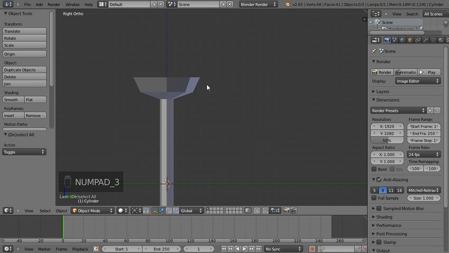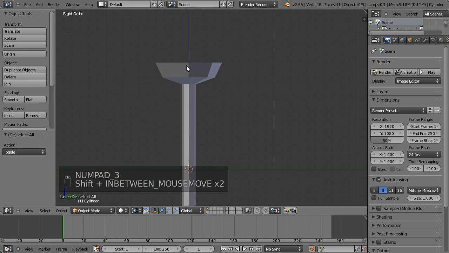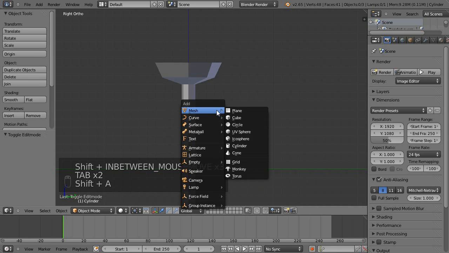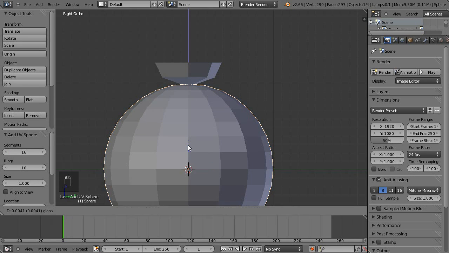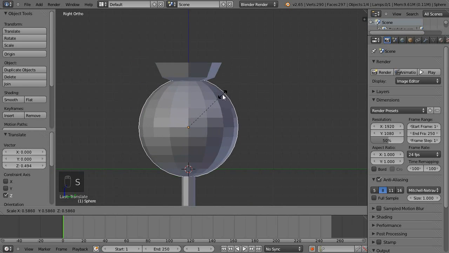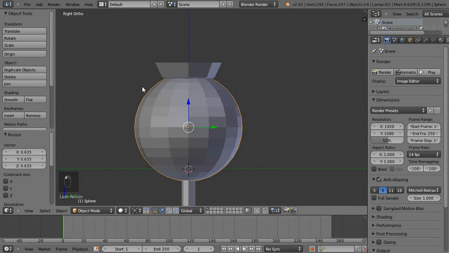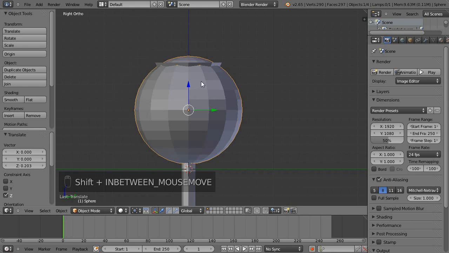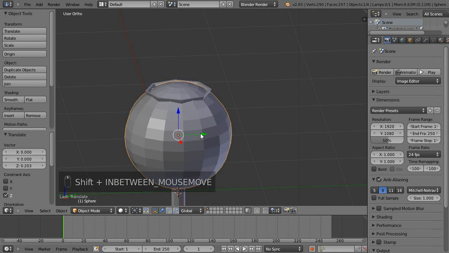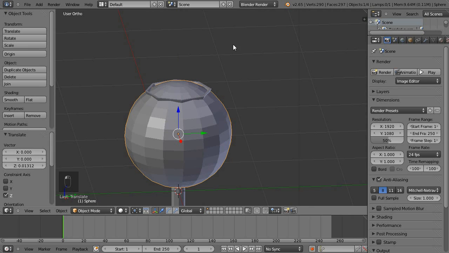Okay, so to create the pollen next, I'm going to go in object mode. Make sure you tab to go into object mode. Shift A, create a UV sphere, and I'm just going to go to 16 segments. Then I'm going to bring it up, scale it down to about there. I want it to be bigger than the actual cup, because this is what's going to sort of connect where the petals will come in,